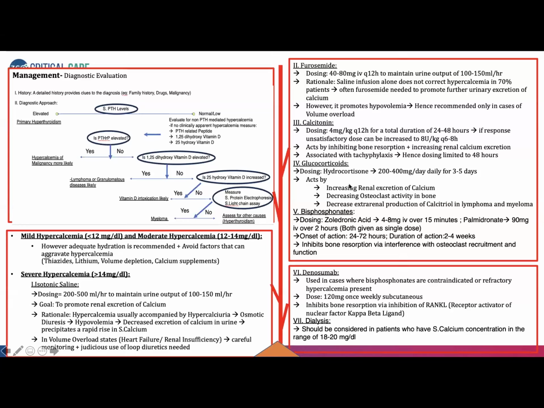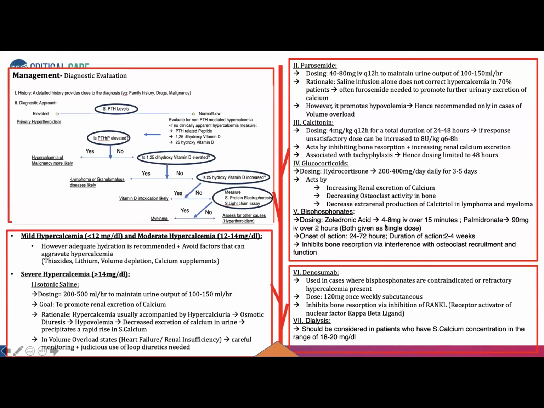Next is glucocorticoids. Hydrocortisone can be given 200 to 400 milligrams per day for next 3 to 5 days. It increases the renal excretion of calcium, decreases osteoclastic activity in the bone, and decreases renal production of calcitriol in lymphoma and myeloma. The last one is bisphosphonates, which is very useful in cancer-related